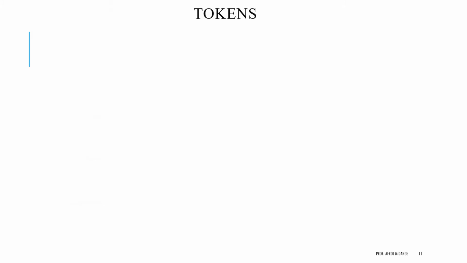Now we are going to discuss tokens. Before starting, I want to state that anything in this world has an individual or smallest unit, like cells are the smallest unit of life in our body. Similarly, tokens are the smallest individual units that make up a complete C program. Just imagine a brick. Many bricks come together to form a house. Similarly, tokens come together to form a program.